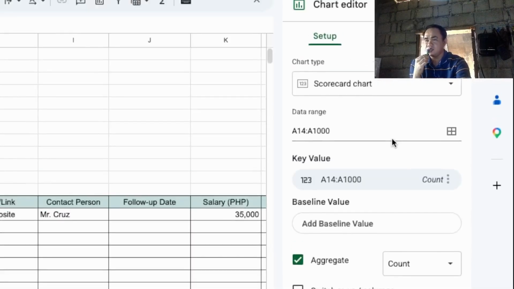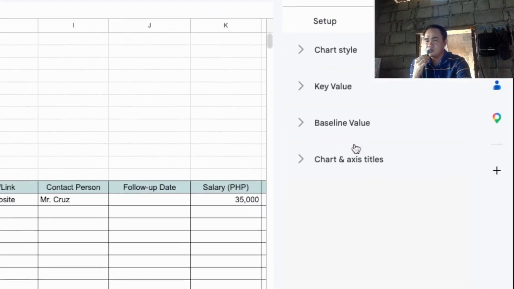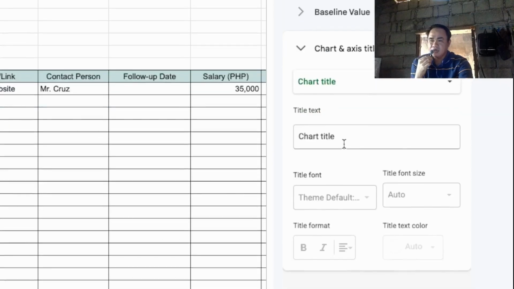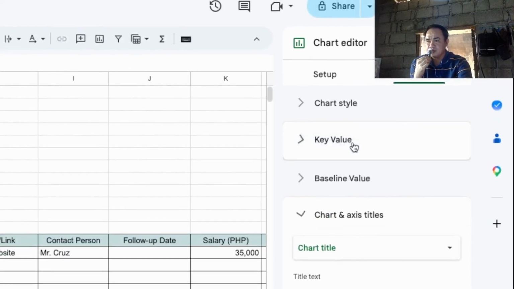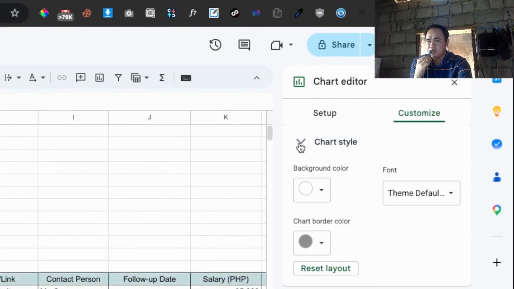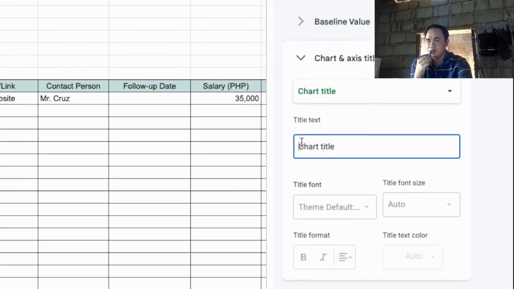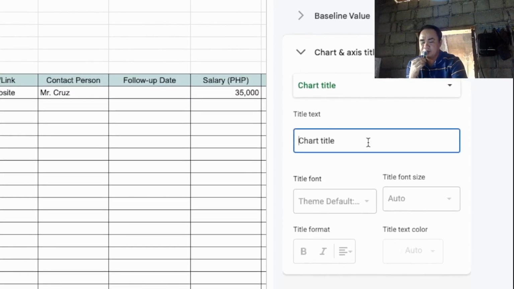So next is we're going to add or customize, and we're going to add a title, chart type, chart style. So chart title, and then let's rename this from empty to total applications.